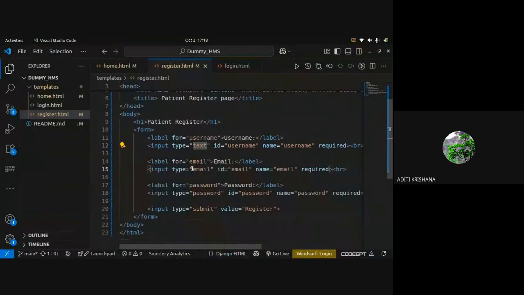So I have given the types for each kind of label. If I get one more label as address, I will give the input inside the input tag, with the type as text, because address is written in a text format. It doesn't have some special format similar to email or password. So the registration page creation is understandable by everyone, right?